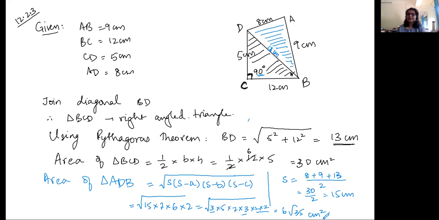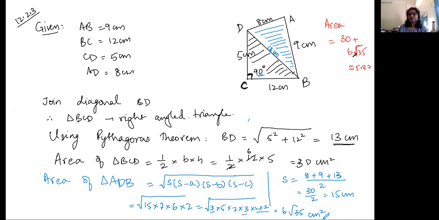So you need to find the area of the whole quadrilateral. You have to add 30 and 6 root 35. So your final answer: area will be equal to 30 plus 6 root 35. Like root 36 is 6, right? So I'm guessing root 35 will be approximately equal to 5.8 or 5.9. Around that it will come. 5.87. Yes,